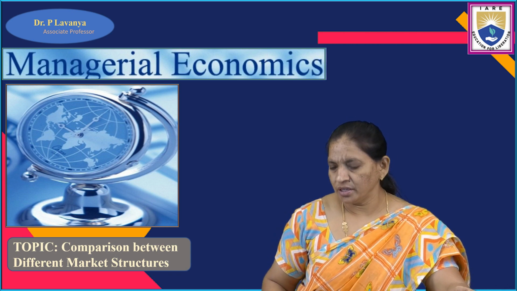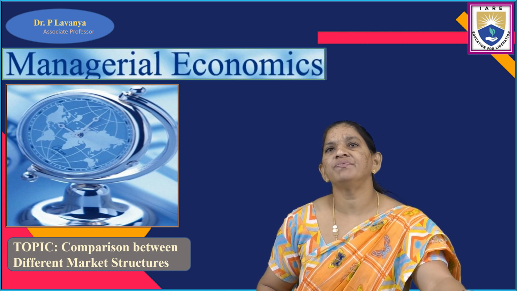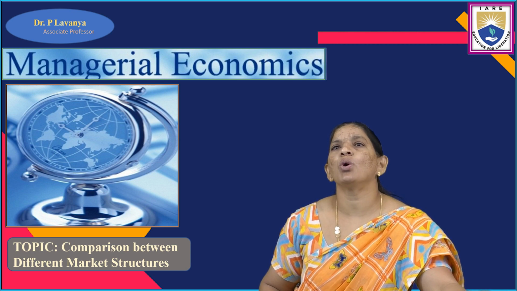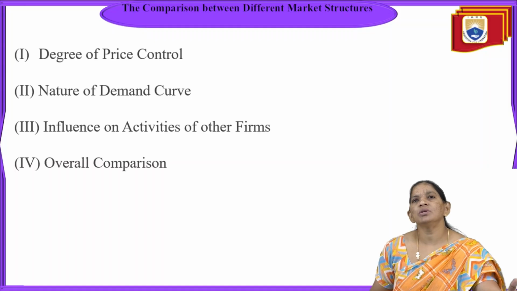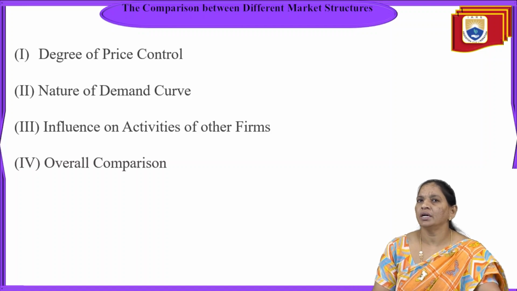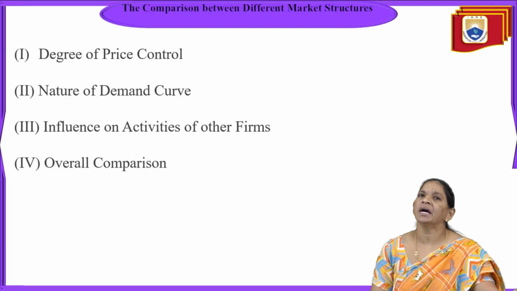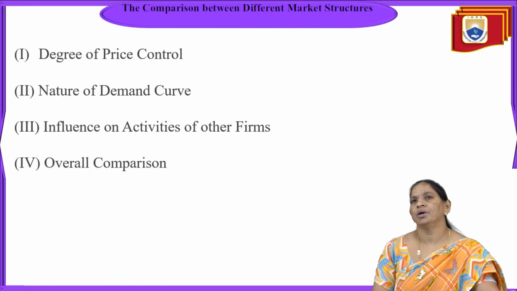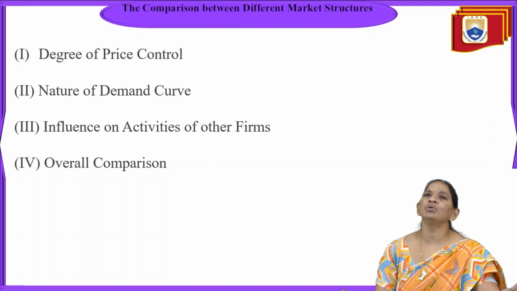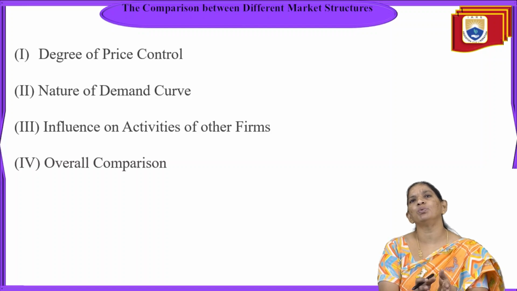So, today's topic is in managerial economics, which gives the differentiation between the comparison of different market structures. In my last videos we have already seen what is perfect competition and what is imperfect competition. In that we have seen what is monopolistic competition, monopoly, oligopoly, and also the duopoly. So by seeing all these market structures, we want to compare the differentiation between perfect competition, monopolistic,